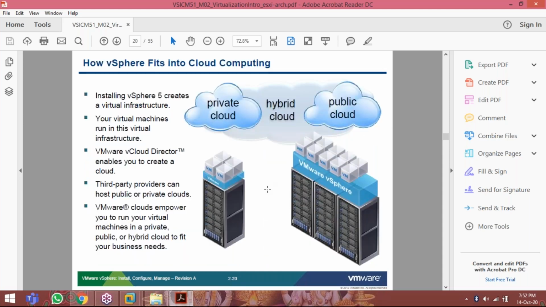See what I told you: on top of virtualization, the cloud fits. This is the virtualization environment. This is a physical virtualization server, maybe Hyper-V, maybe VMware ESX server, maybe Xen server. On top of that, I configured servers, maybe Windows servers, Linux servers, which we call instances in AWS. Already they built this. On top of that, they implemented cloud: private cloud, hybrid cloud, public cloud. Public cloud means now we are using the AWS public cloud. They also provide the private cloud. Private cloud plus public cloud equals hybrid cloud. So this is the technology. Without virtualization technology, no cloud.